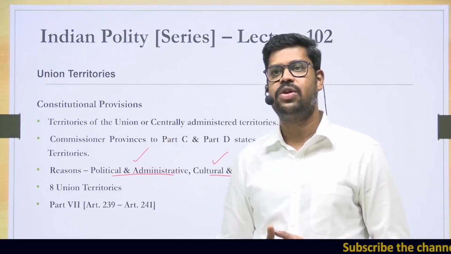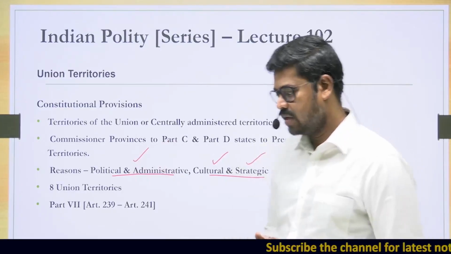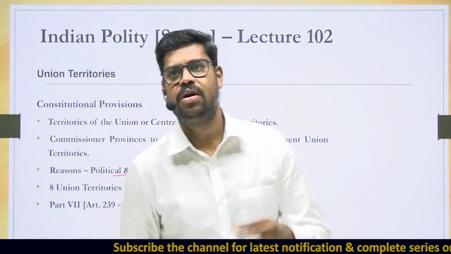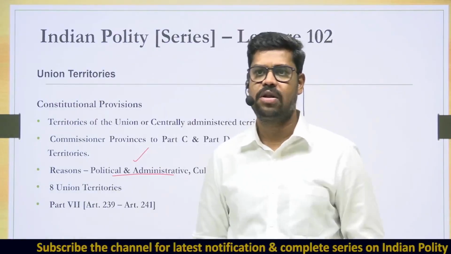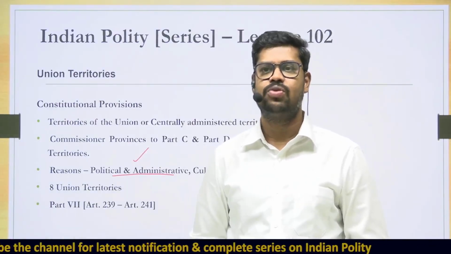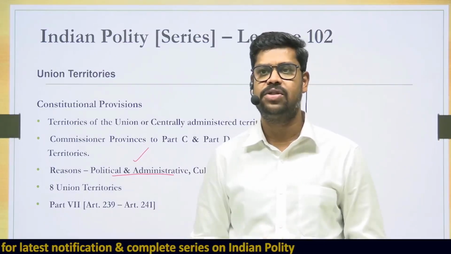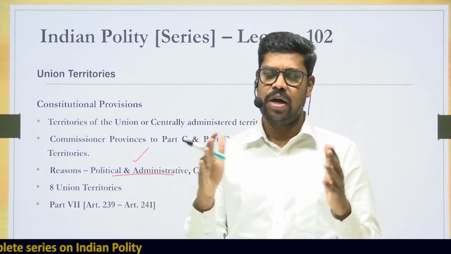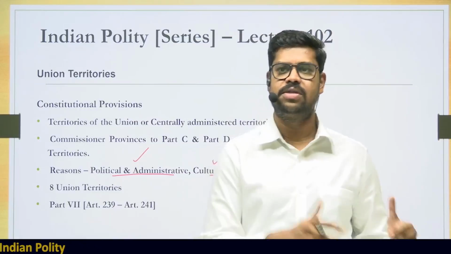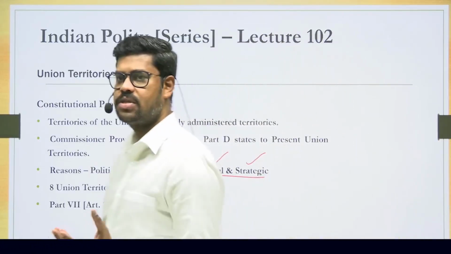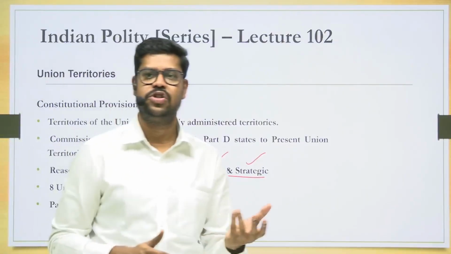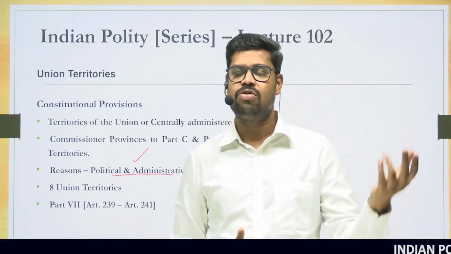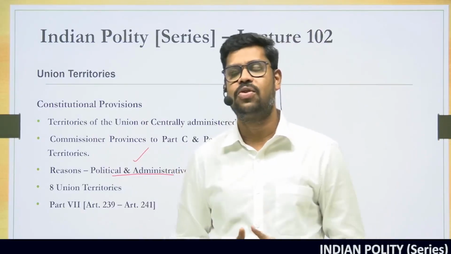When I say political and administrative reasons, it is also because politically it is very important that certain areas should be under the control of the union government, and administratively as well. Delhi is one such example. Delhi is a place where the national capital is. Despite the fact that the National Capital Territory of Delhi has a huge population, it is both administratively and strategically very important. It is in the control of the union government, because that is where the entire national institutions are. Institutions of national importance are there. The union government, the secretariat and all those things are placed in Delhi. So therefore, you cannot give it to the complete control of the states.